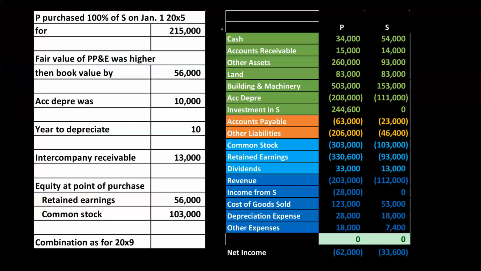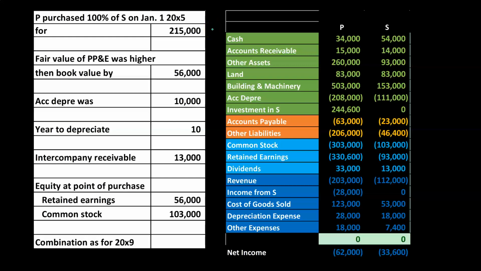Here we have our information where P purchased 100% of S on January 1st, 2005. So that's going to be basically our year one, the beginning of the year. We're going to do the consolidation down here. It says as of 2009, 5 years later. So if you count on the old fingers here, we've got 2005, 6, 7, 8, and 9. So we're going to be including, of course, the year in which the consolidation took place, considering it happened in